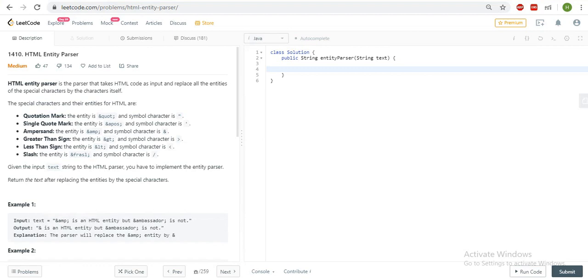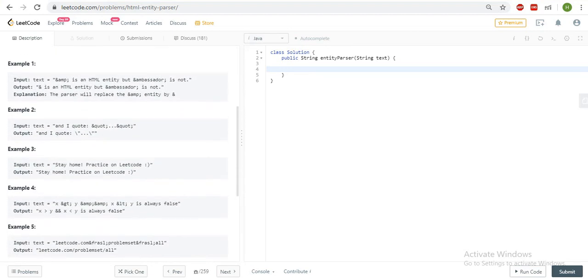So this is just a simple normal problem. We have to traverse the string, and wherever we find a special character, we change it with the character itself, right?